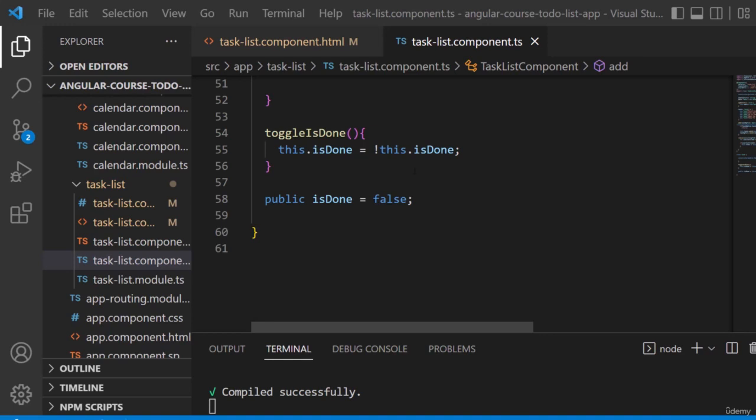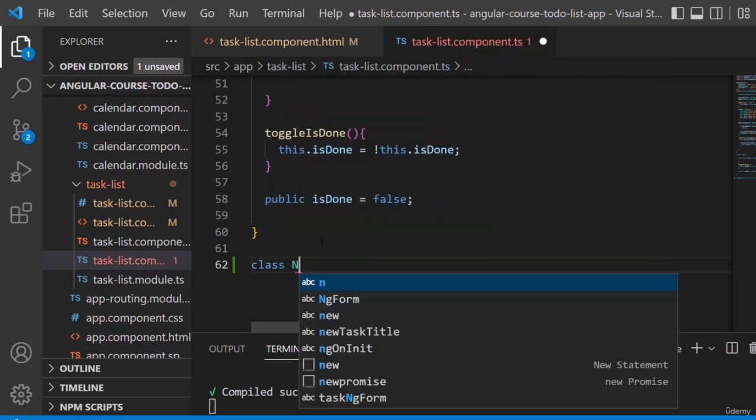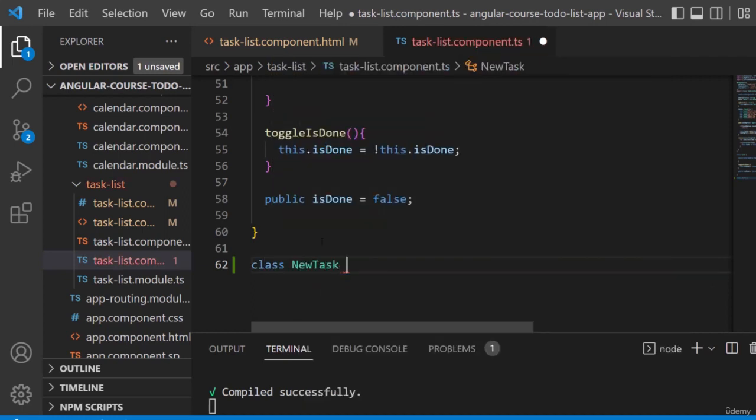So here we are in our task-list.component.ts, and what we want to do is create a class only for the purpose of creating a new task. So let's create a class, let's call it NewTask. Only for the purpose of creating a new task we will create that class,